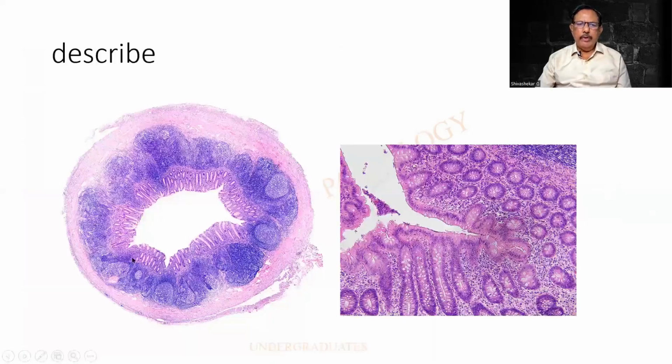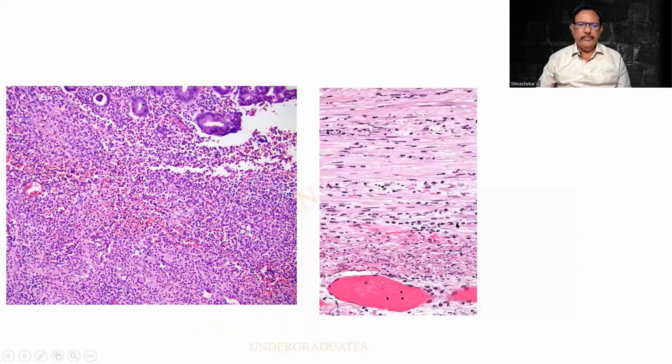I would like you people to describe the structure. So it is a very well punched out tubular structure. In the slide itself, you will be able to make out the outline. These are all lymphoid follicles, and this is the mucosa. The lumen is more or less stellate. Look at the star-shaped outline. That is getting ulcerated. So there is an ulcer,